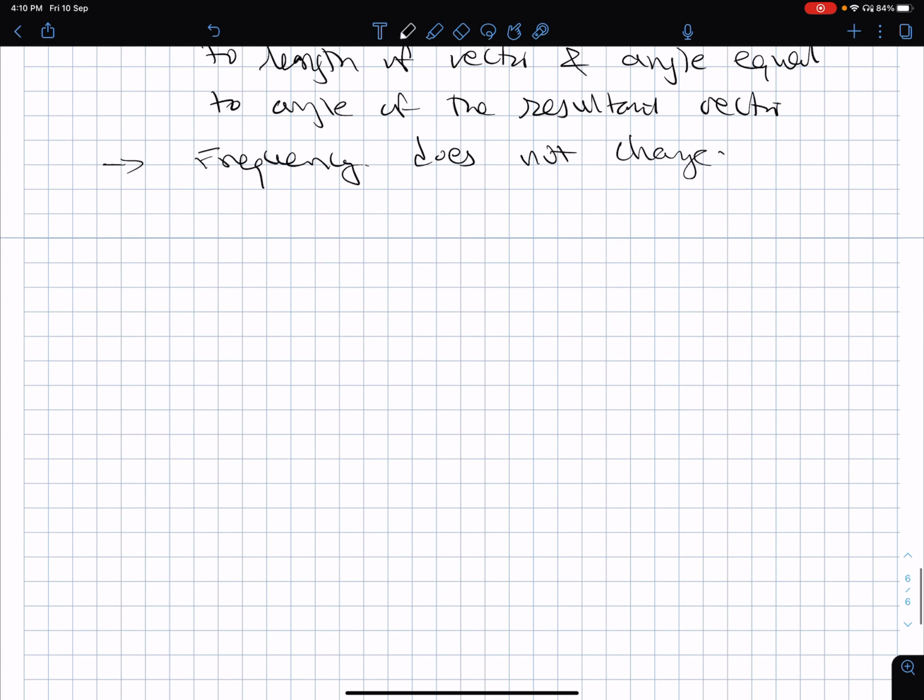So, to conclude this lecture, I will take this up again in the next class. But I think this is a good point to close this lecture. Two things we saw. One, when you differentiate a sinusoid, you get a sinusoid again at the same frequency. Amplitude will change, phase shift will be there, fine, but it is still a sinusoid at the same frequency. And when you add two sinusoids at the same frequency, the resultant is also a sinusoid at the same frequency,